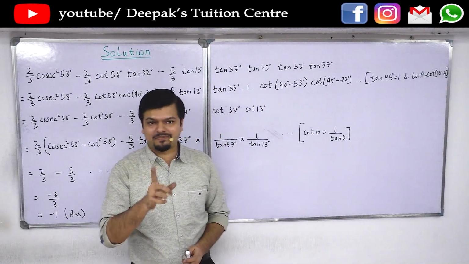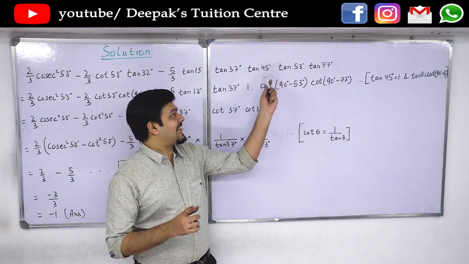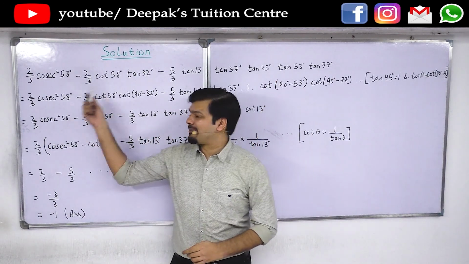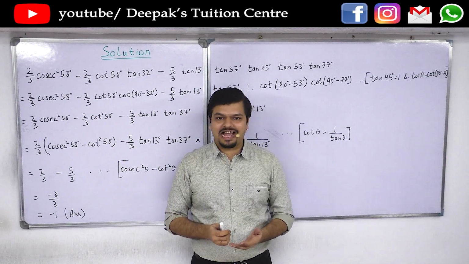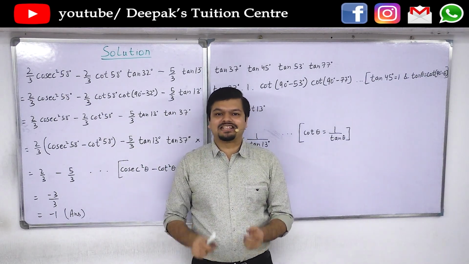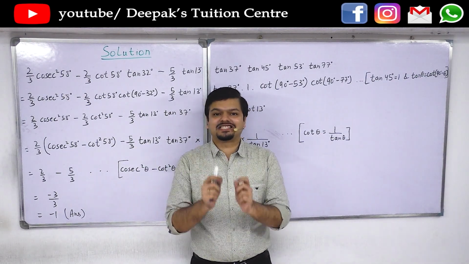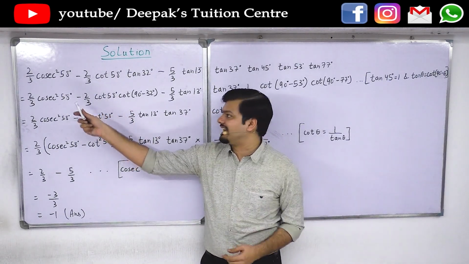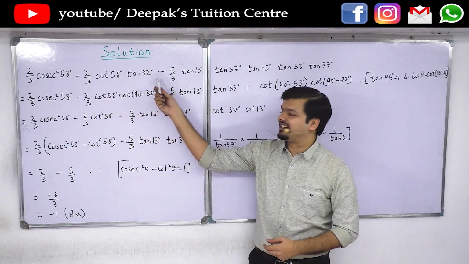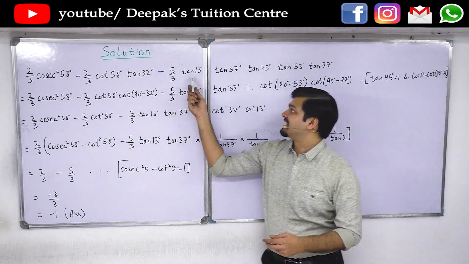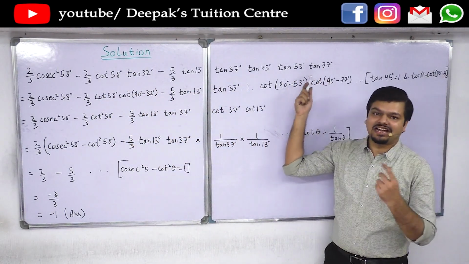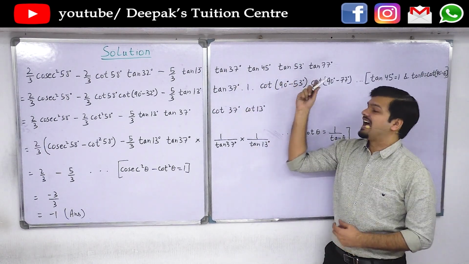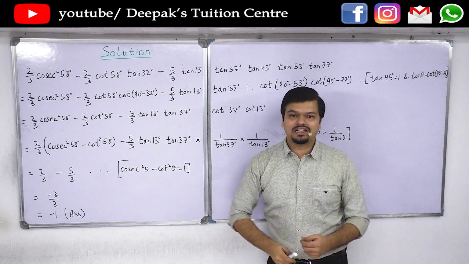So basically from that table, you can put the value of tan 45. You do not have anything to fear. These are mostly sums of complementary angles. In complementary angles, the first thing you should do is find the complementary angles, two angles which add up to 90°. So 58° and 32° add up to 90°. 13° and 77° add up to 90°. 45°, 37° and 53° add up to 90°.